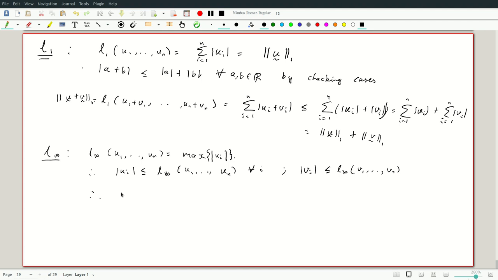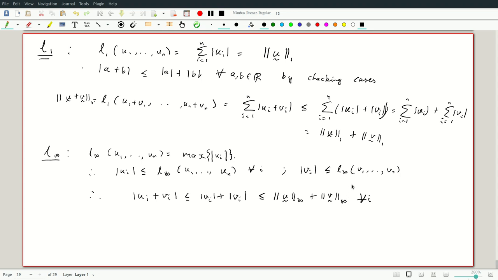Therefore, if we look at the sum, L infinity, but first let's look at it coordinate-wise. So mod of ui plus vi, well, we know this is less than or equal to mod ui plus mod vi. And this is less than or equal to, so mod ui is this and mod vi is this, so this is less than or equal to, let me write it in short, infinity norm of u plus infinity norm of v